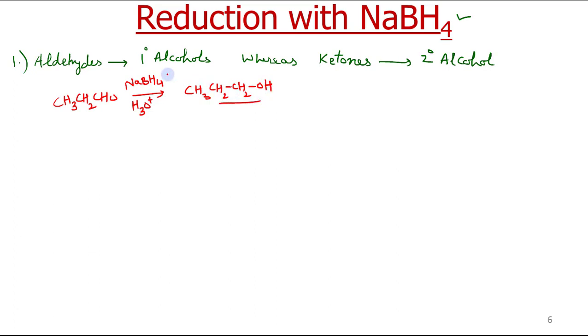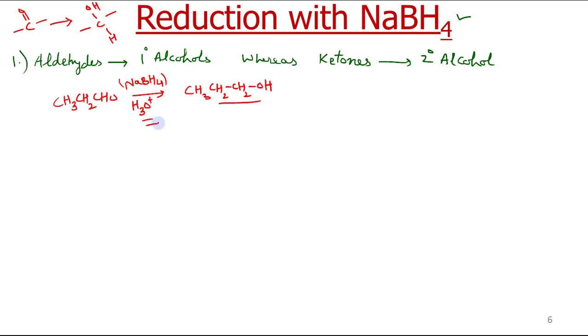You have to remember that the overall reaction, when a carbonyl compound is reduced with NaBH4 or lithium aluminum hydride, is addition of one hydrogen atom to carbon and another hydrogen atom to oxygen. After these two steps, first addition of NaBH4,